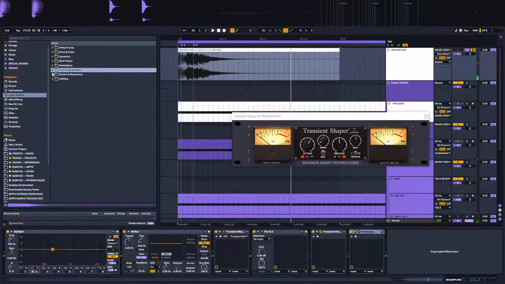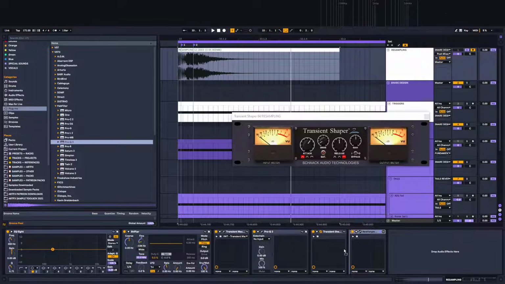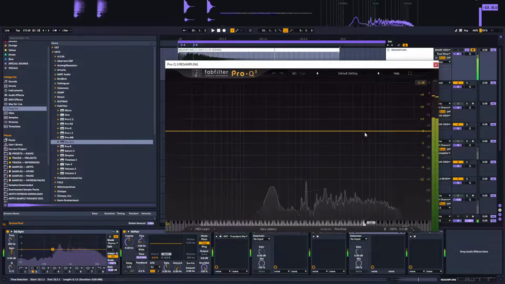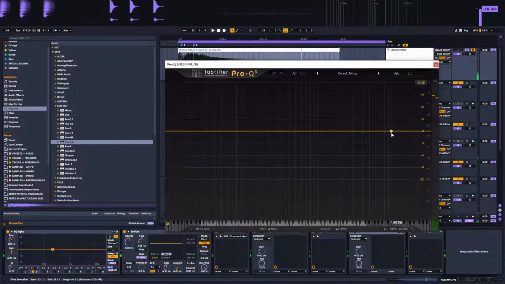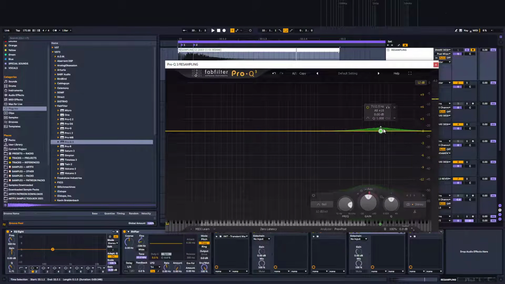Still lacking a little bit of high end, so I'm gonna grab another Pro Q. Again, also don't be afraid to stack multiple ones in case you have to. So like right here, I'm just gonna go right here. And I wanna give it a bit more high end. So we're gonna give it something like this, make dynamic, and